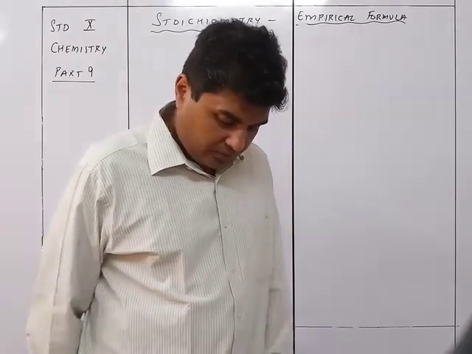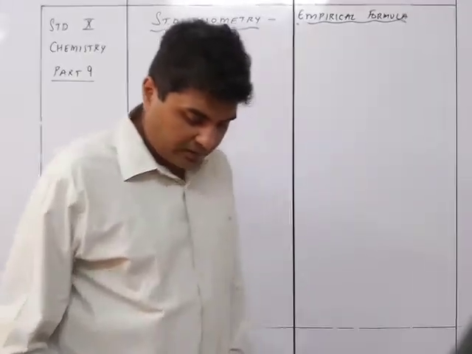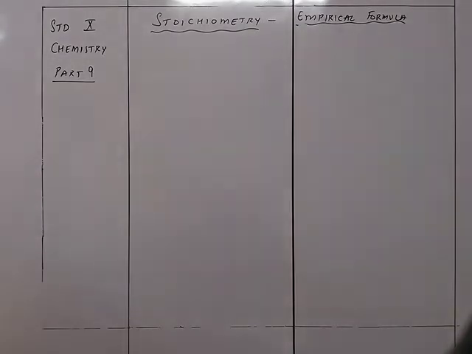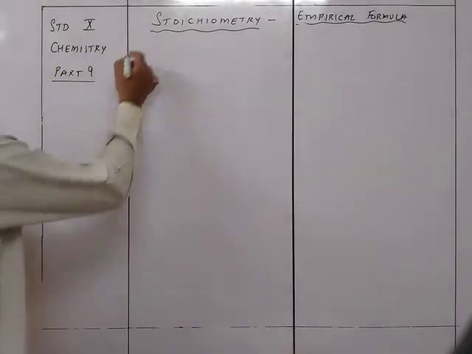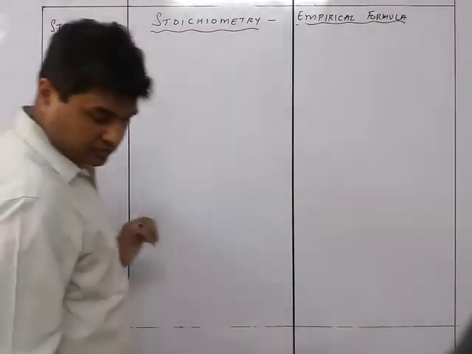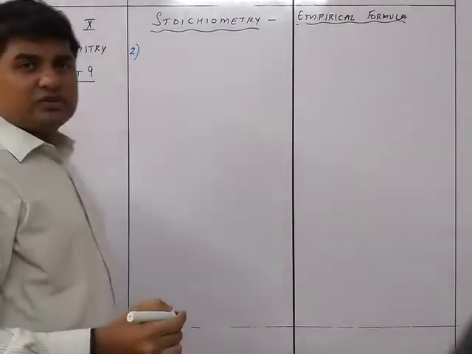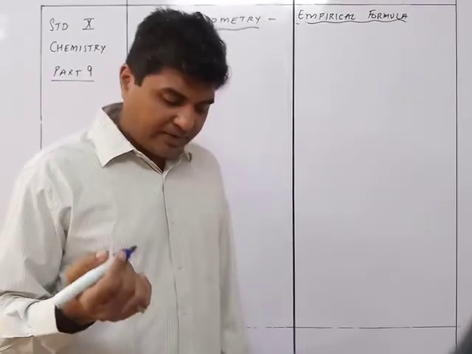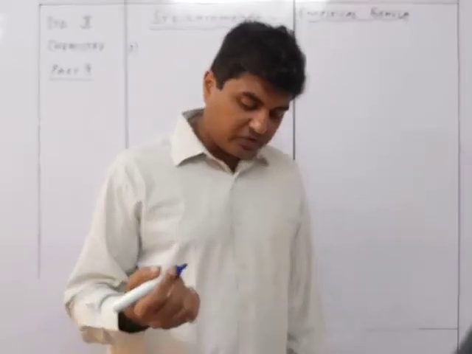Four grams of metallic chloride contain 1.89 grams of metal. So we can see over here that in this second sum, they have not given us the percentage composition. They have given us the amount in grams of chlorine and a metal in a particular compound, which is of 4 grams.